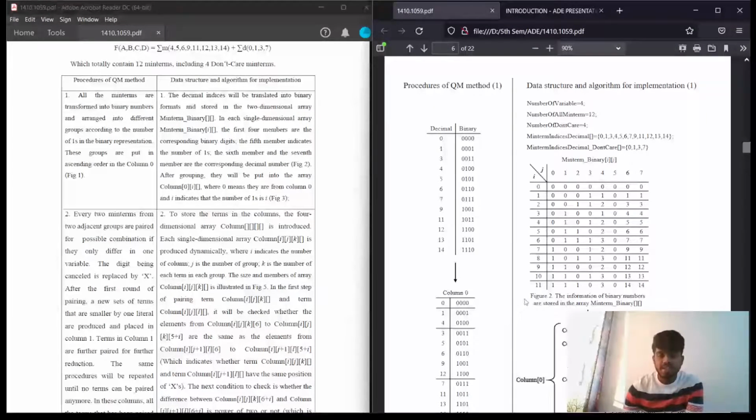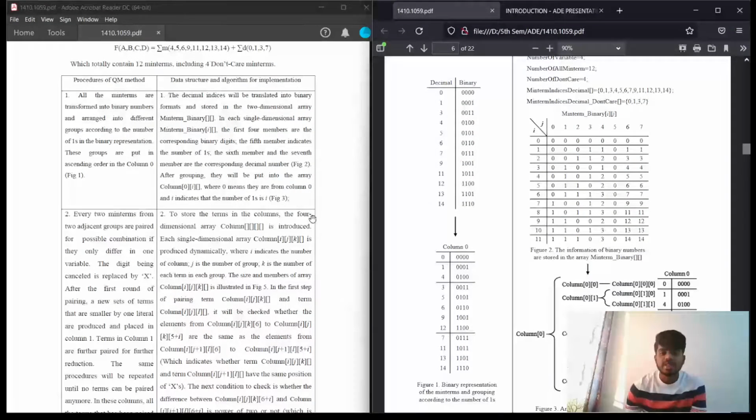In the same way, let's check for the 12th. So the 12th min term is represented as 11. So what's actually 12? 12 is nothing but 14. So in the first four columns, let's represent its binary digit representation. That's nothing but 1 1 1 0. So in the first four, we represent 1 1 1 0, and in the next column, it's the number of ones. So we represent it as 3, and the fifth column is 0, and in the corresponding sixth and seventh, we represent its decimal number. So that's nothing but 14 and 14.